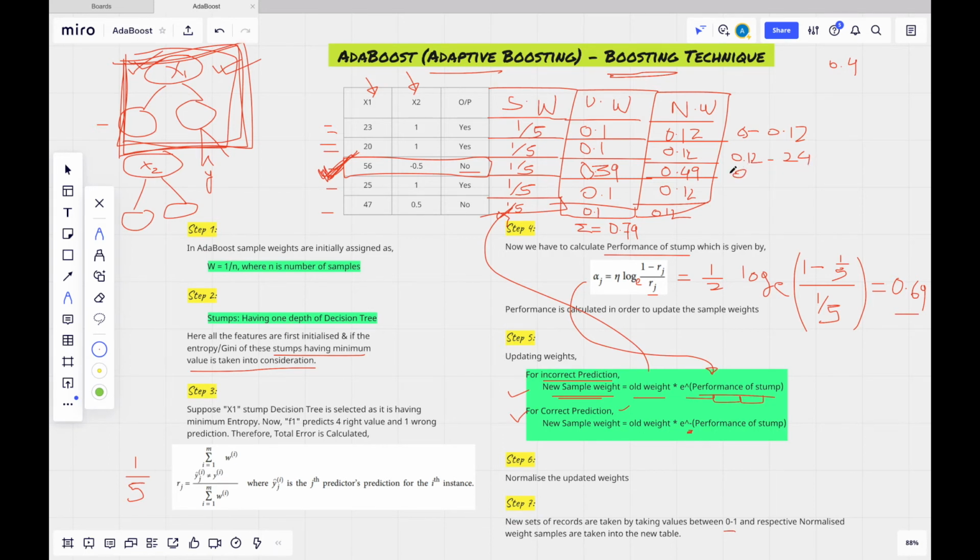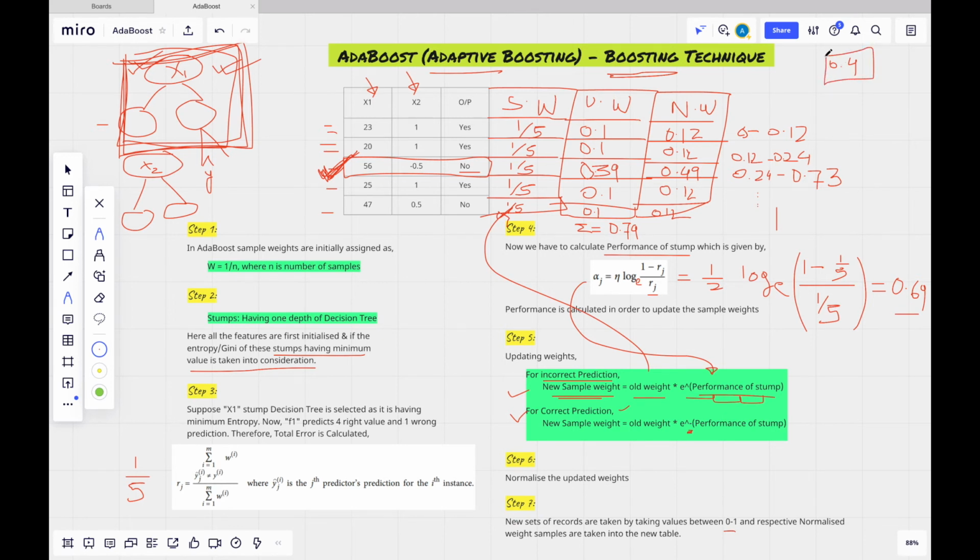So this will be 0.24. Then 0.24 plus 0.49 will be 0.73. Likewise we have to calculate all, so that at the end we will get the summation as 1. So the model is selecting a value between 0 to 1.